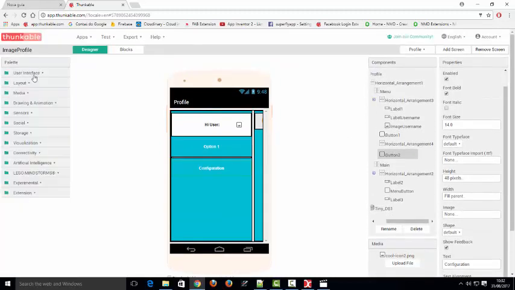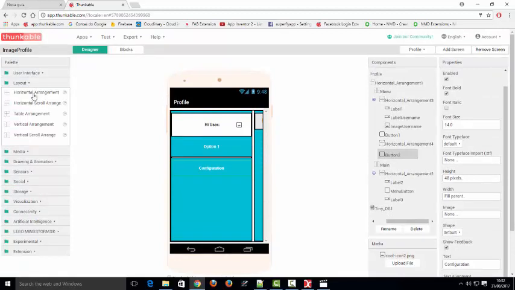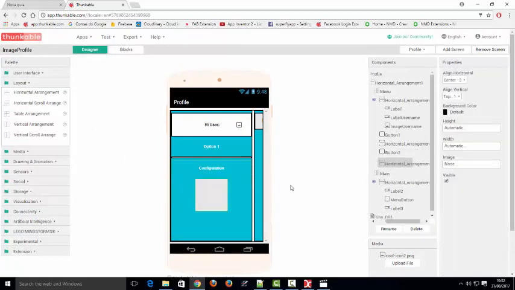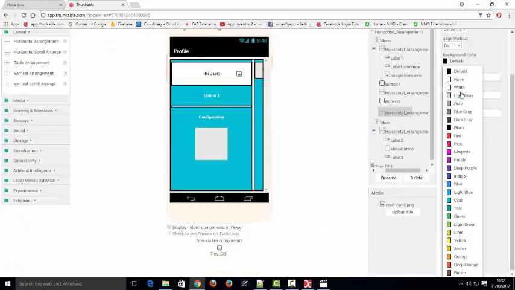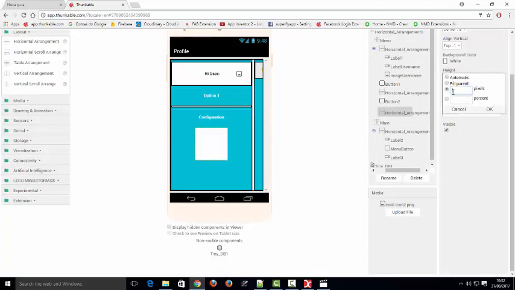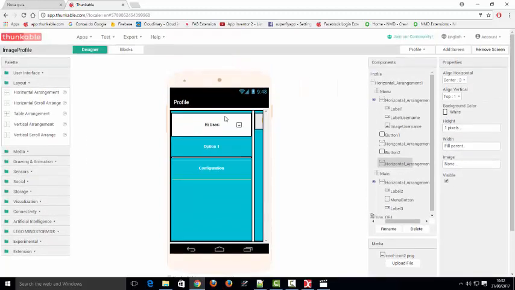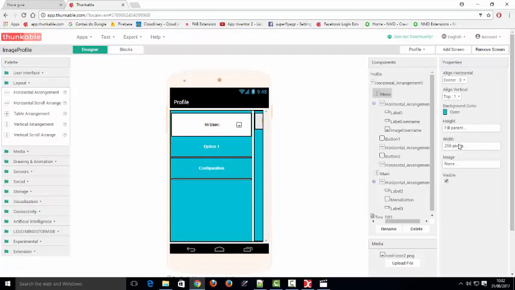And another layout here, horizontal arrangement, the color white, the height 1, and the width fill parent. Now we're gonna put the width as 0 for the menu,